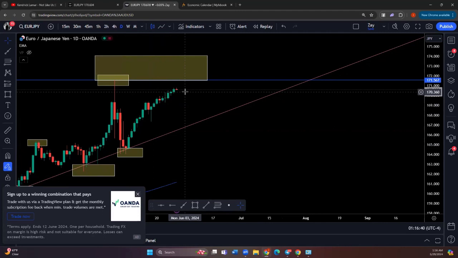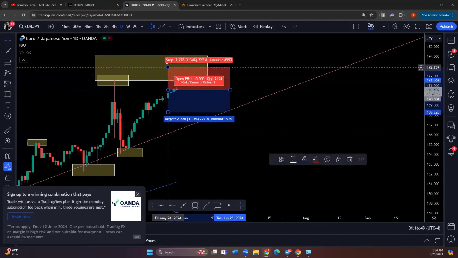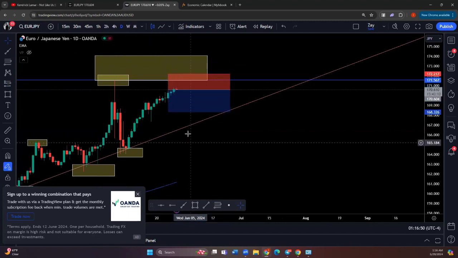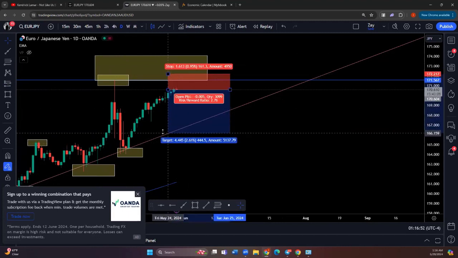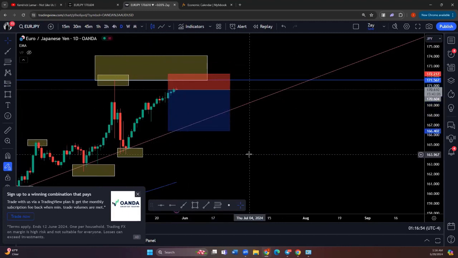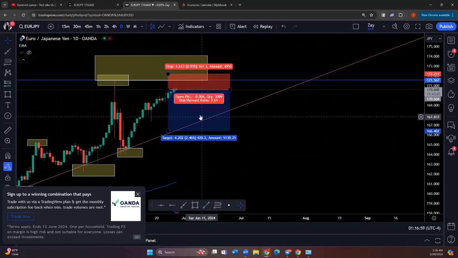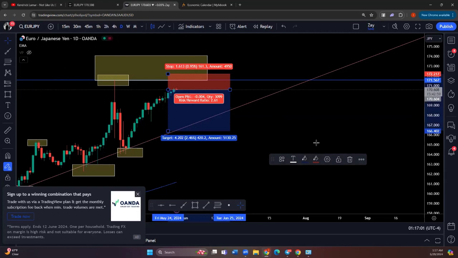Because me looking at this, the old me would have been like, man, I'm selling this. The old me would have been counter-trend trading. I'm selling this right here, putting my stop loss right above this wick, and trading it down to the trend line. That would have been me, bro. But now I'm like, man, I'm not messing with that. You're not my type. You're not following the rules. I don't like you.